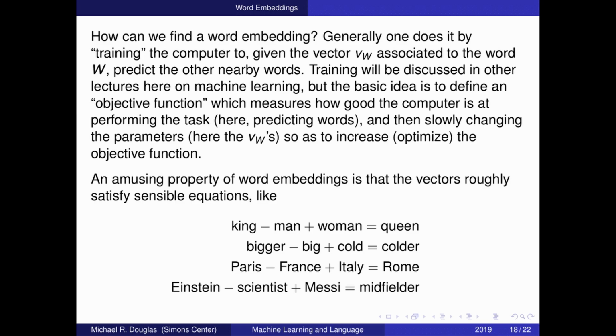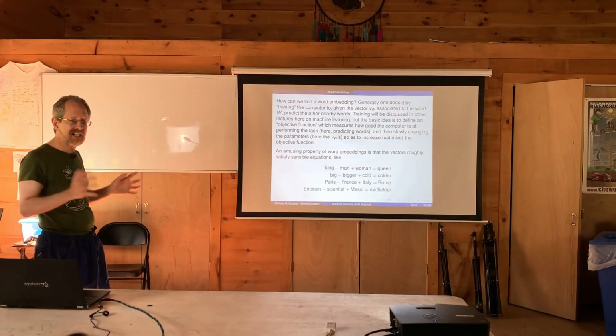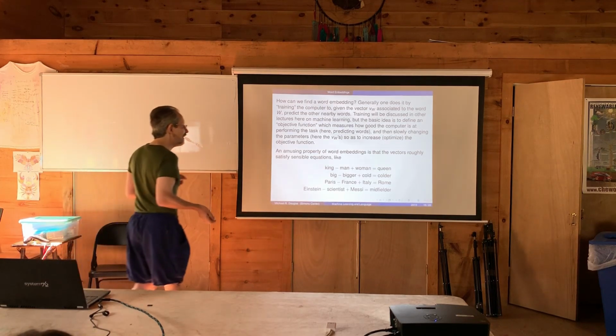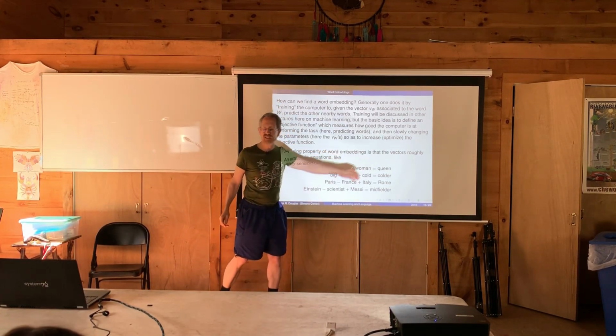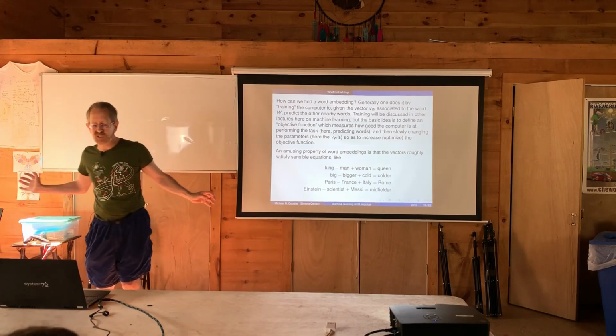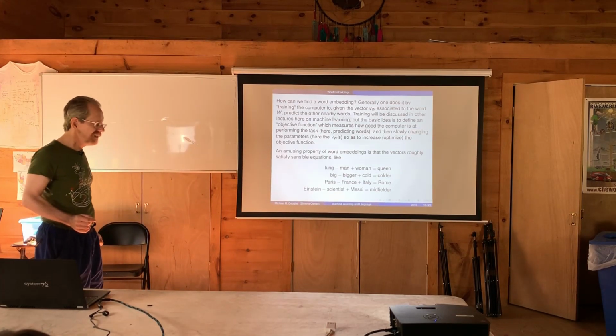And it won't be any of the things in the list, but now you can say, what's the closest one in the list? What's the word that has a vector closest to that one? And it turns out to be queen. So that's a real demonstration that these vectors are capturing something about the meaning of the words. They're not just random numbers.